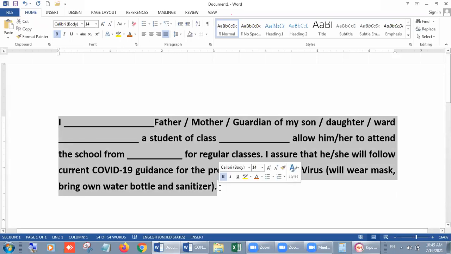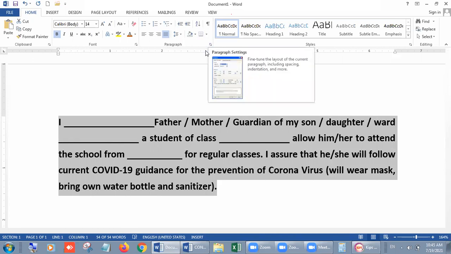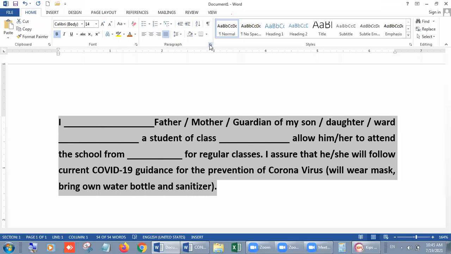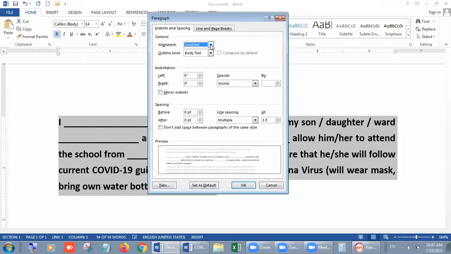Select the entire text. After that, go in paragraph. In paragraph, you have to click on this button. It's the more button, you can say. Click on it. You will have another dialog box. From there, you can choose line spacing. This is the spacing right now. Then you can select from there. If you want to make it single, by default it is single.